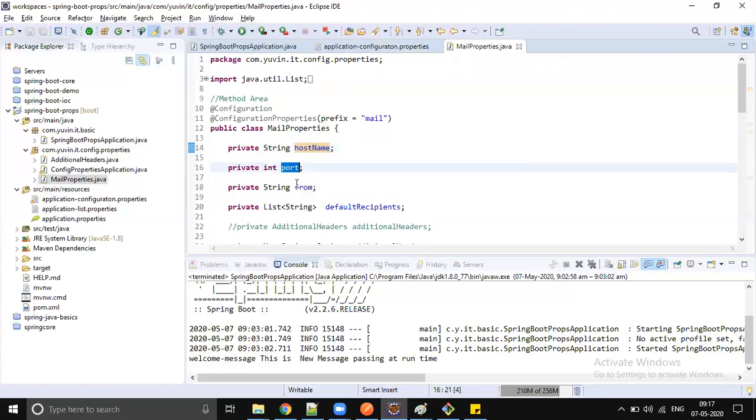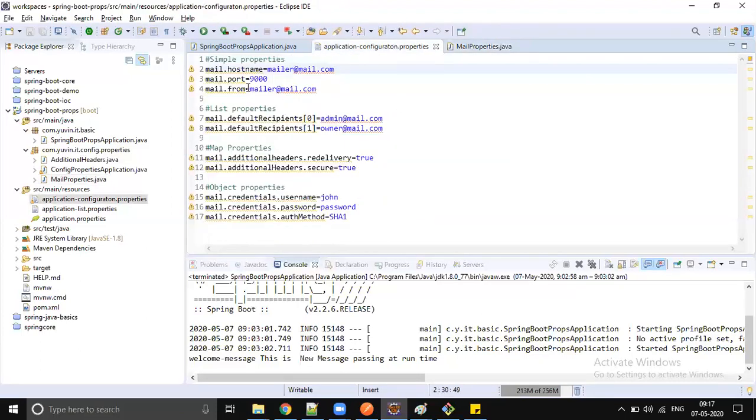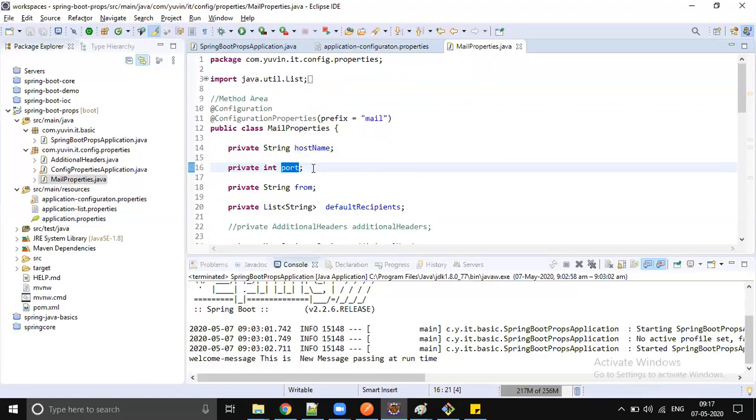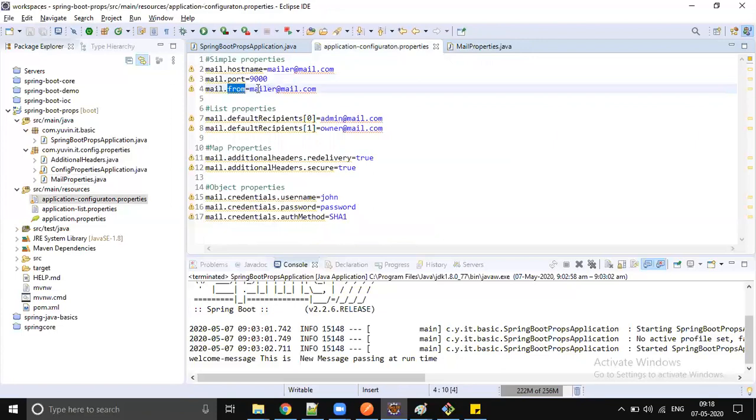Similarly, we have a port available in the properties file, and the port will be mapped to a port property in the Java file. Similarly, we have the from property, and the value mailer@mailer.com will be loaded into the from property.